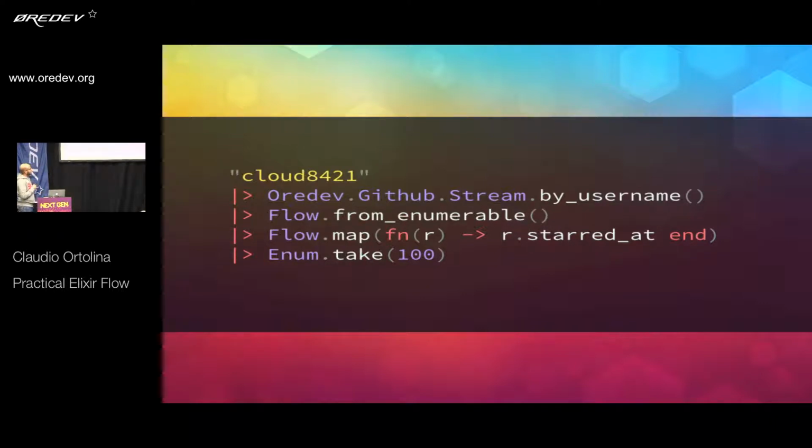Now, it's important. Here there's a slight distinction, but it's actually one of the most powerful things about the library. Flow.map does not execute anything. Flow.map just says, this is what you're going to do. So it lays down a blueprint of future work. That work doesn't start until you start calling Enum on it. So the rules are always the same. Enum kickstarts the actual work. Before that, it's just instructions on what to do in terms of future work.